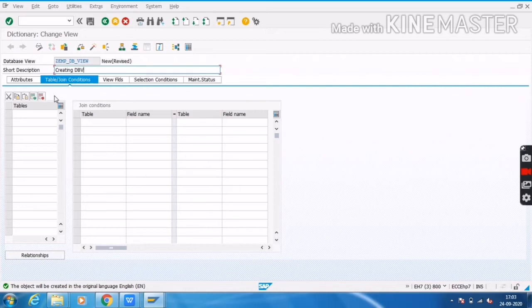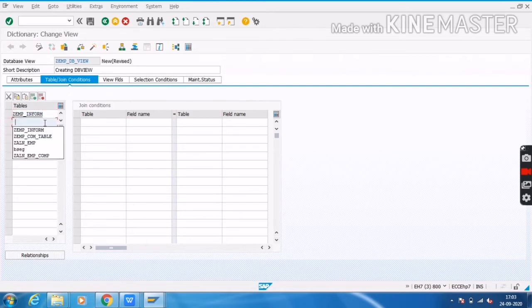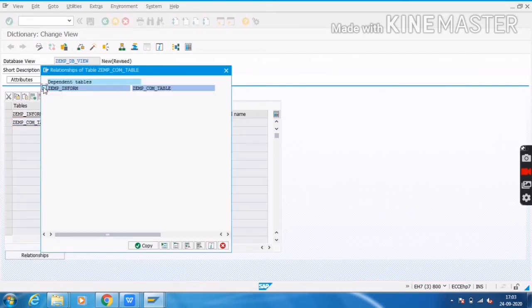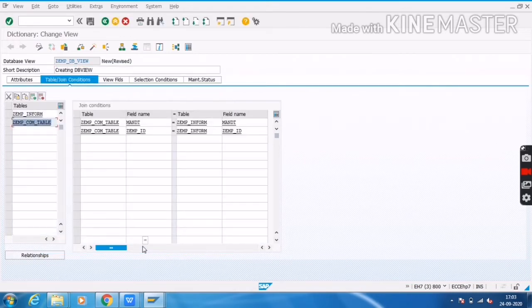Here I will mention the employee information table, and the other one is the employee company table. You have to click on the get relationship button, then click on copy.